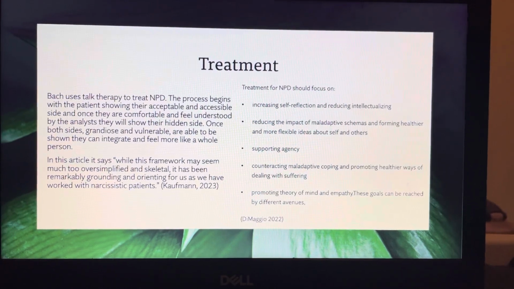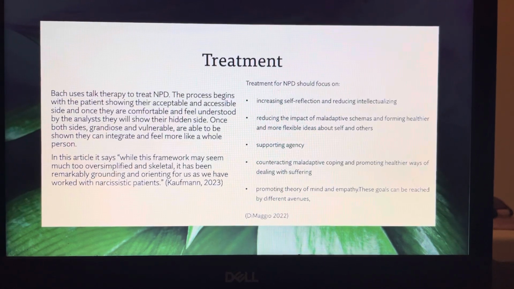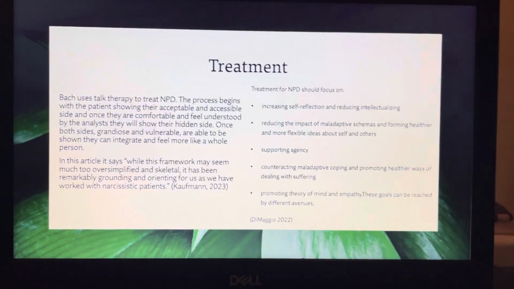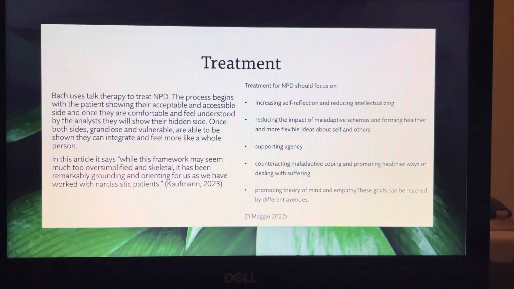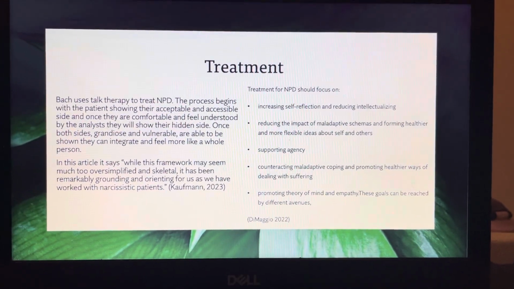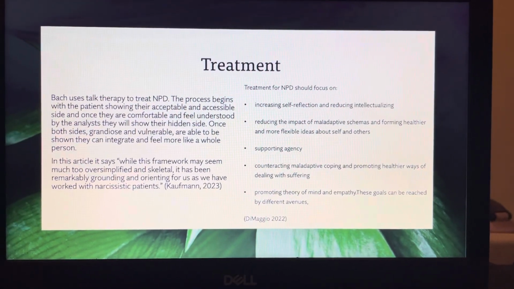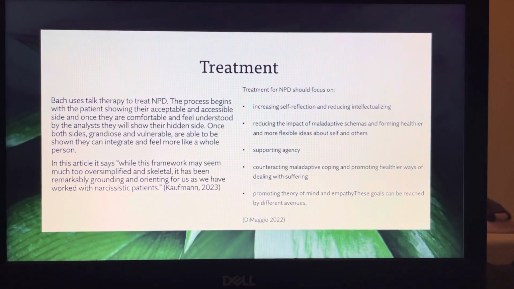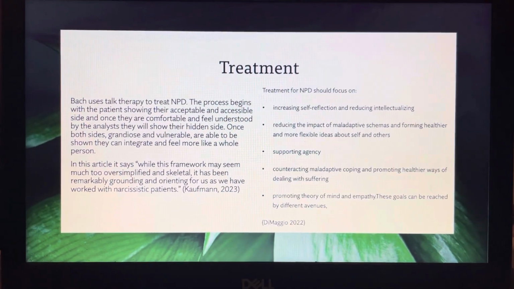And one form of talk therapy developed by Bach to treat NPD begins with the process of showing the more accessible side of their narcissistic personality disorder until they feel comfortable with the analyst, to show a more hidden and harder to reach side of their NPD. And once both sides, their grandiose and their vulnerable side, are shown, they can feel more like a whole person and make more progress